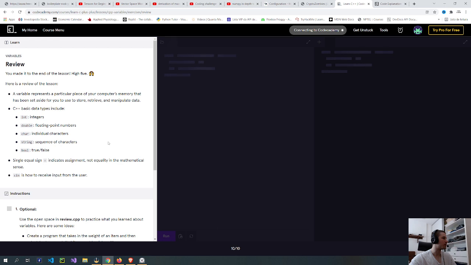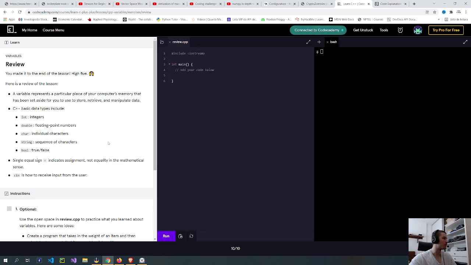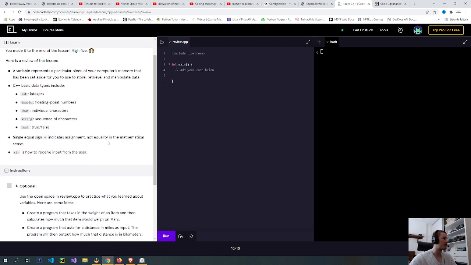Review: you made it to the end of the lesson. High five. Here's a review of the lesson. A variable represents a particular piece of your computer's memory that has been set aside for you to use to store, retrieve, and manipulate data. C++ basic data types include int, integers; double, floating point numbers.